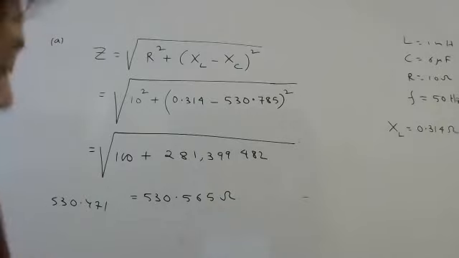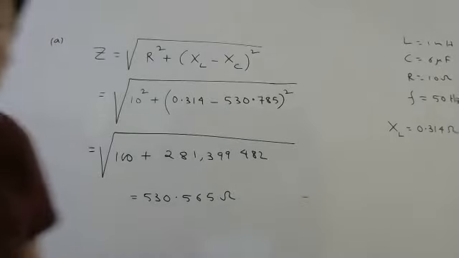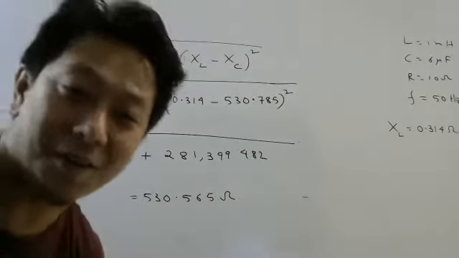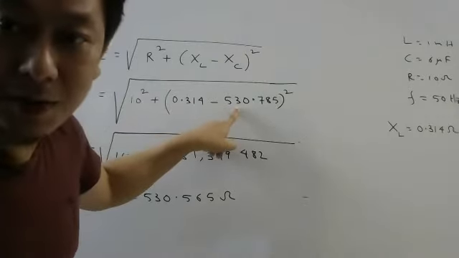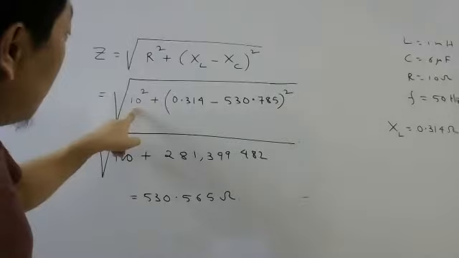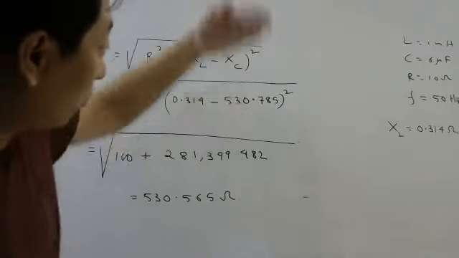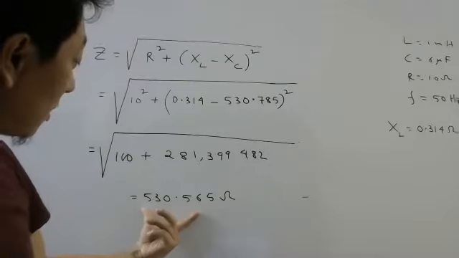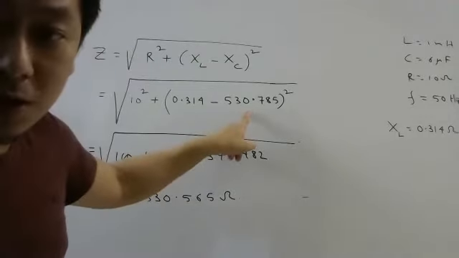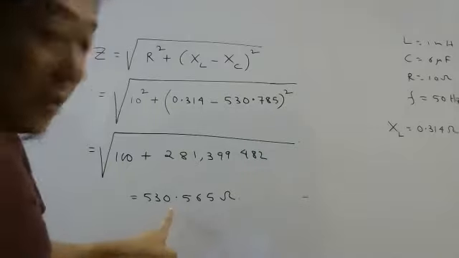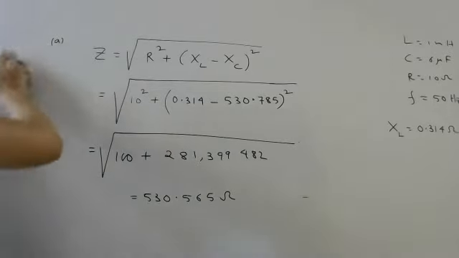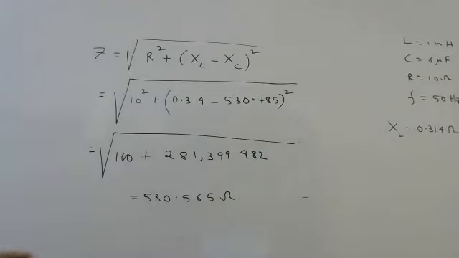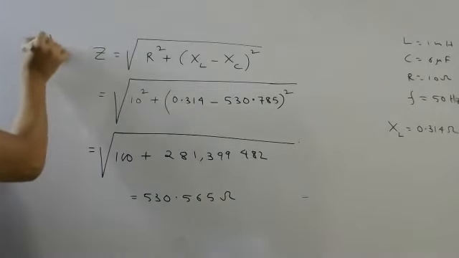Correct? Now, one thing you notice, suppose how such questions come in your board entrance exam. Then what you can notice is this is very small compared to this, you see? And even 100 is not that large compared to this. So when you do the whole calculation, the answer is coming very close to this. So if the options are very far, you can easily pick the one which is closest to this. Anyway, so this is the first part. After we find impedance, then we can now find the next thing, which is current.